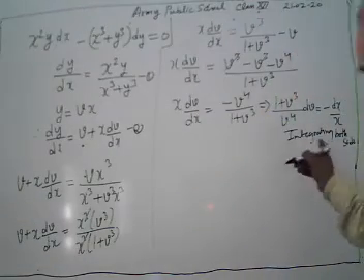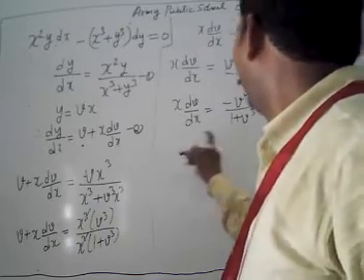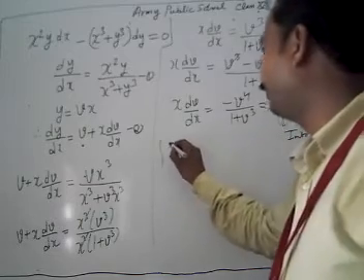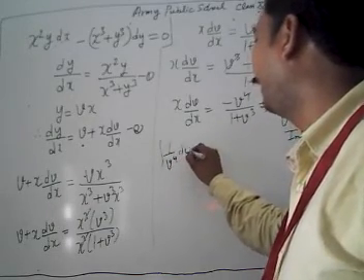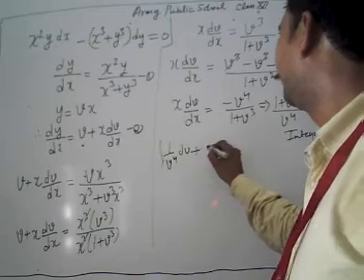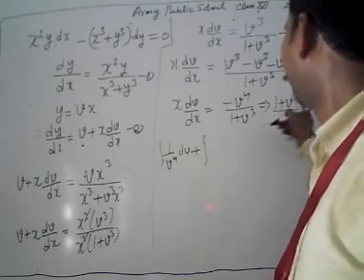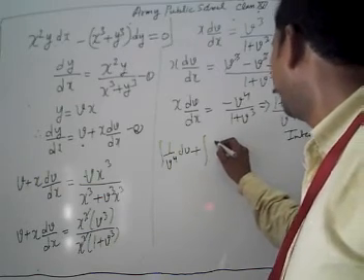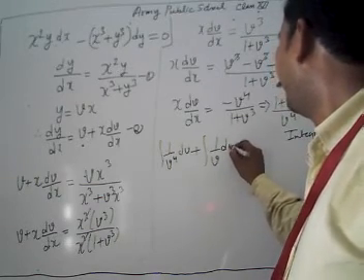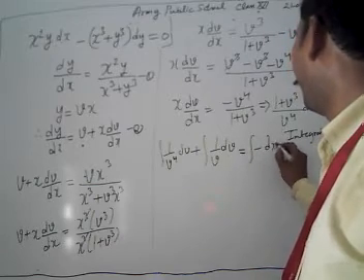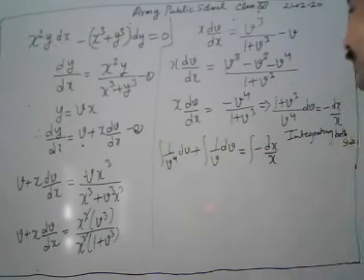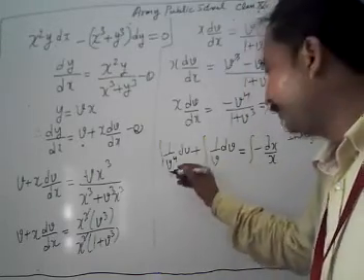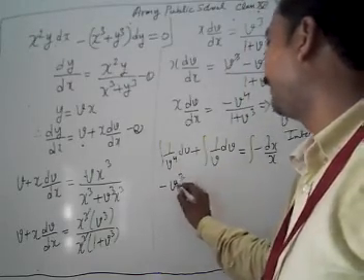Then what do we have after integrating both sides? We are going to integrate 1 plus v cube. We take 1 upon v to the power 4 dv, plus the integration of v cube upon v4, which is 1 upon v dv, equal to the integration of minus dx by x. Now after integration, it's v to the power minus 4, then we have minus v cube by minus 3.